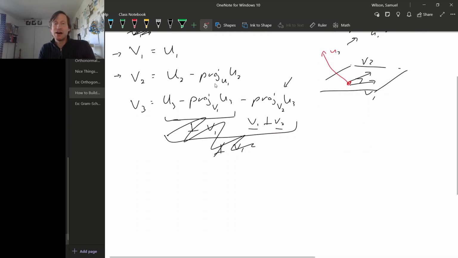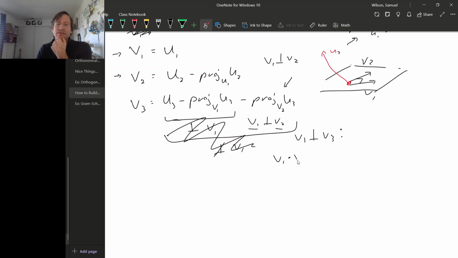Okay, so we know already that v1 is perpendicular to v2. Now let's check that v1 is perpendicular to v3. So how can we check this? Just take the dot product, right? Take the dot product of v3 and v1. So v1 dot v3